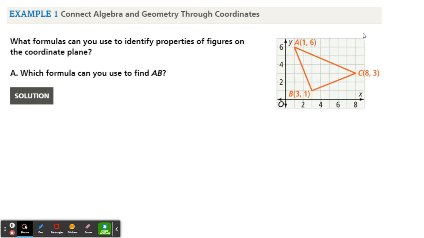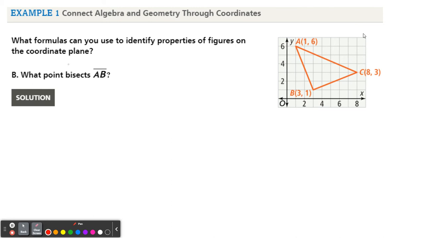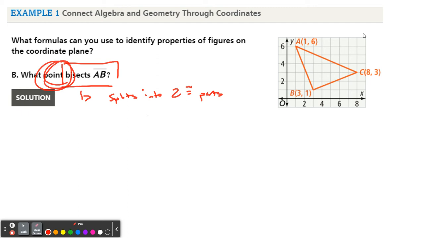Perfect. So there's the first one. Next, same kind of picture, but it says now, what are we going to do to find if something bisects segment AB? What point bisects AB? So we have to remember that when we're talking about bisects, it means splitting into 2 congruent parts, in this case segments. But the point that splits a segment into 2 congruent parts is called the midpoint. We need to find the midpoint